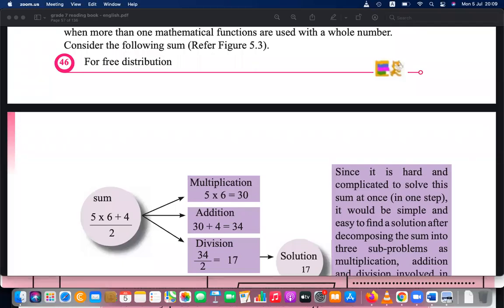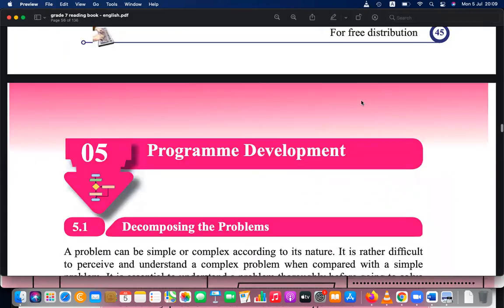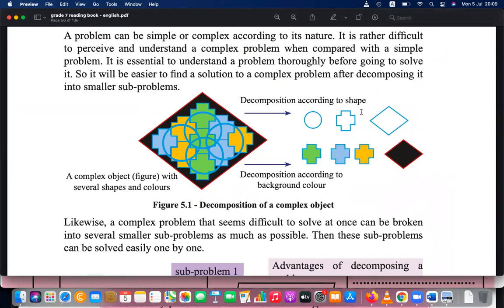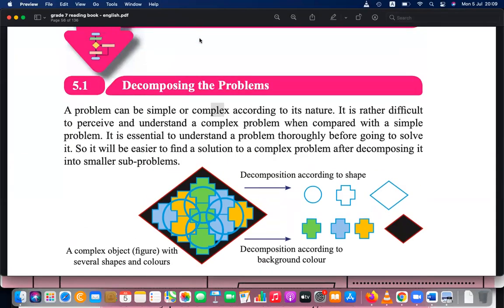Now we are in lesson number 5, program development. Let's summarize this. This is the third or fourth time I'm summarizing, but it's very important. That's why I'm repeatedly summarizing the lesson, because it is very important for some students to understand. If you miss the concept, you will miss it for grade 8, grade 9, grade 10, 11, 12, 13. So all grades, this lesson is there. Therefore, carefully understand.